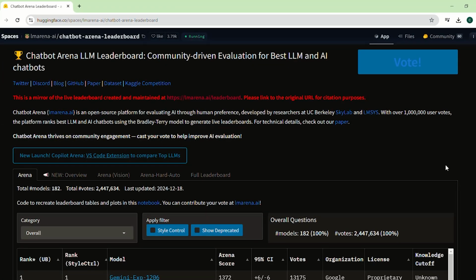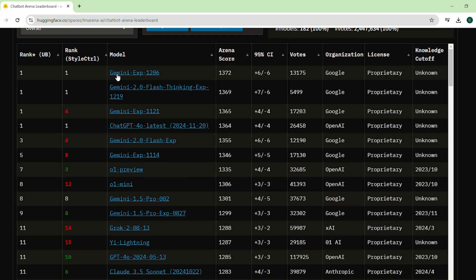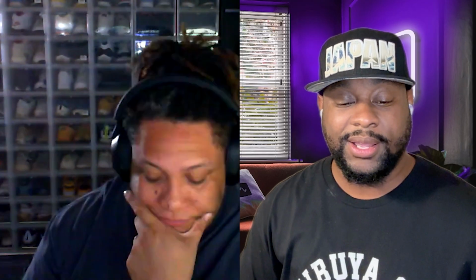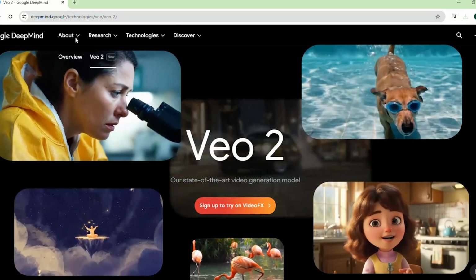But I can tell you right now, just off the top, that at the Chatbot Arena, Google's model is at the top of the list as it stands right now, followed by ChatGPT 4.0, the latest model that they have, and then there's another Gemini model, which is the 2.0 Flash model. So, which part do you want to jump into? You want to jump into Veo 2? Well, man, let's go ahead and dive into it. Let's talk about the ins and outs of what their new version has brought to the table and go from there.